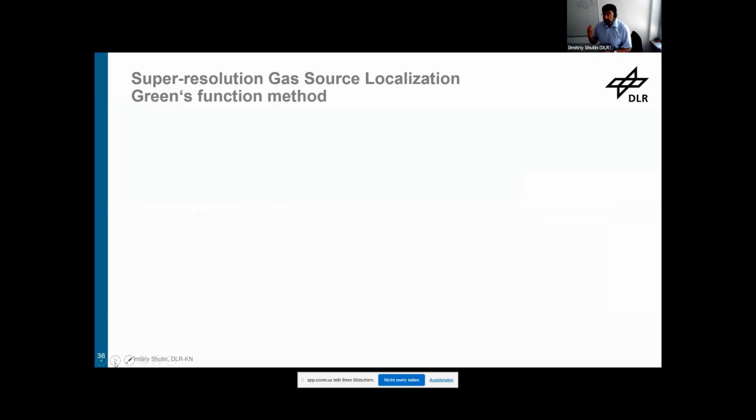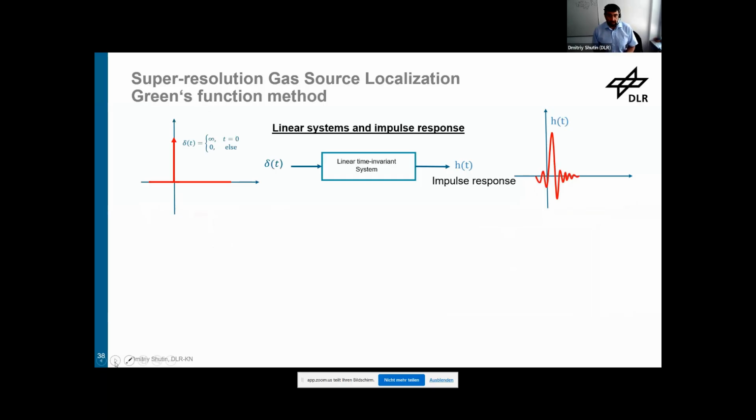One of the analytical methods to solve PDEs is the so-called Green's function-based method. So what is a Green's function? Effectively, the Green's function is a concept that is actually well known to any engineer who had a course on system theory or linear system theory. Because if you think about a linear time invariant system, the first thing that you learn in theory about those is an impulse response. What is an impulse response?